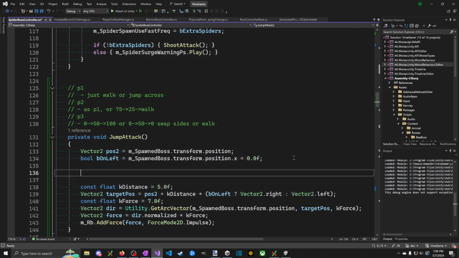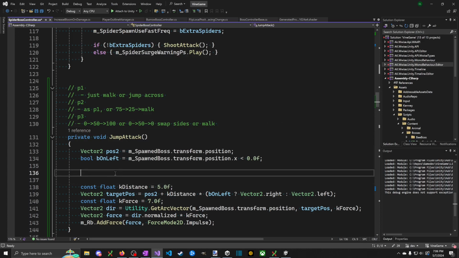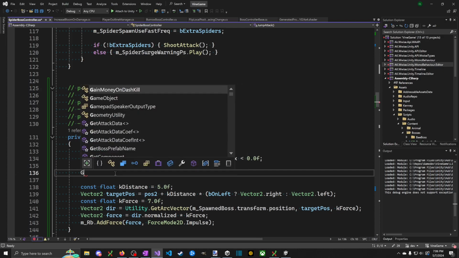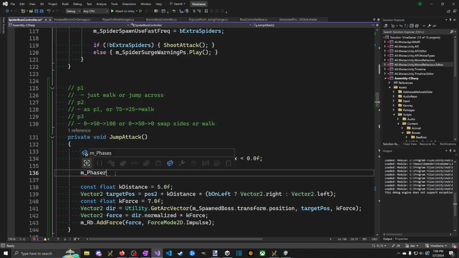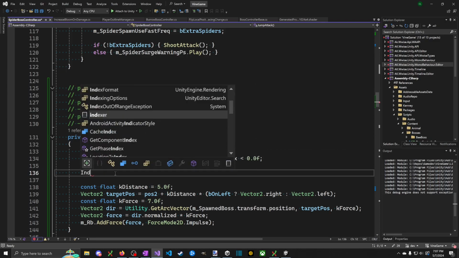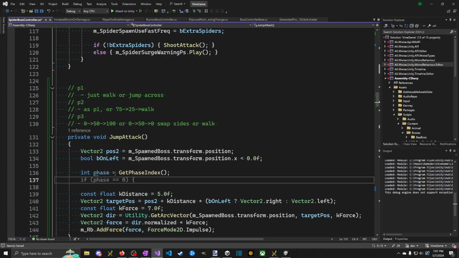So how do we figure that out? We want to determine what case we're in, so that's get phase index. Get current phase. Maybe M phase index. Where is my index? Get phase index. I feel like I typed that. Int phase is this. So